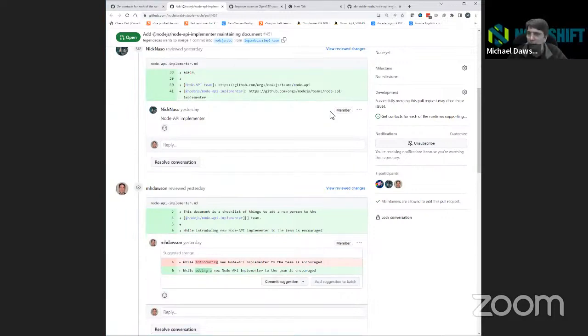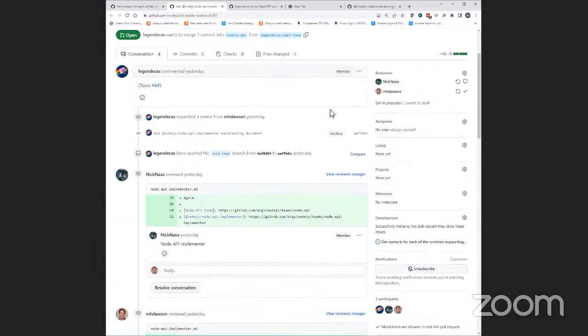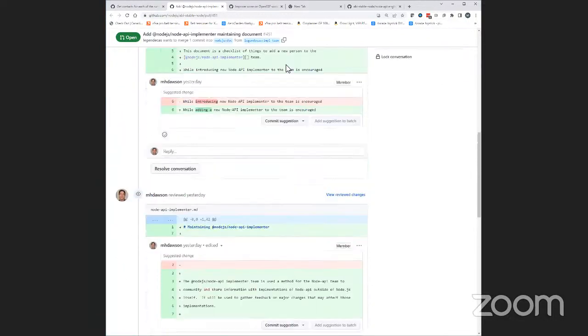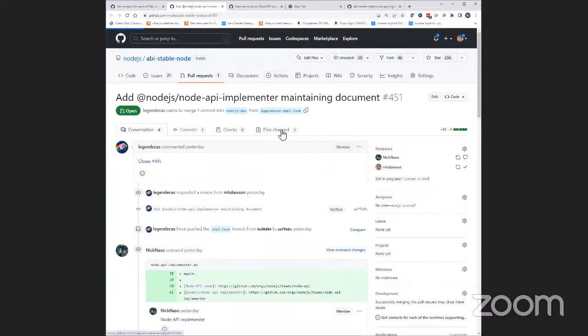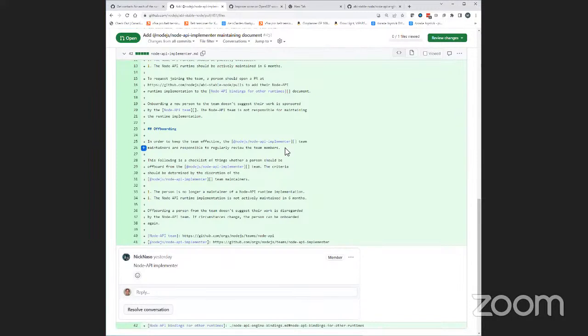Yeah, sounds good to me. So please comment there if you have any concerns on this requirement. Notably, we also have an offboarding process so that we can move persons who are no longer actively working on a Node API implementation off the team, so that we can keep the team effective and maintainable.